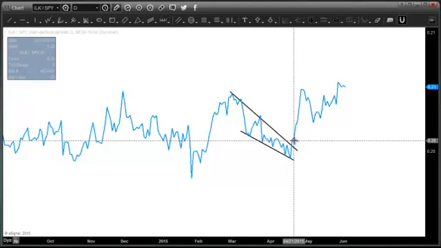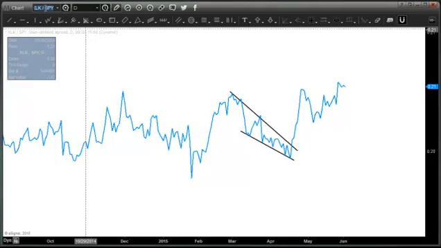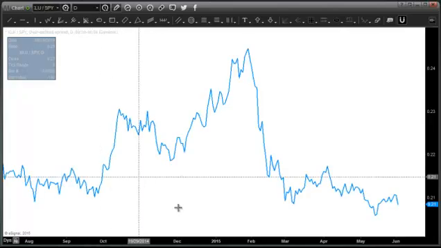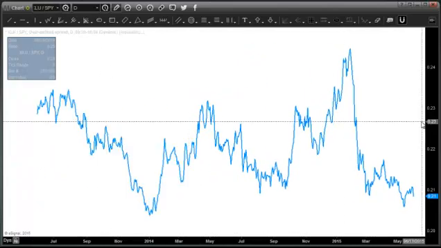So what you could do is buy the XLK ETF in absolute terms, or if you wanted to do a relative trade, you could have bought the XLK and shorted the S&P 500 ETF, the SPY, against that. So again, this is something that I do on a daily, weekly, and monthly basis. And if you keep doing this over time, you will get a lot better perspective on where to focus in terms of